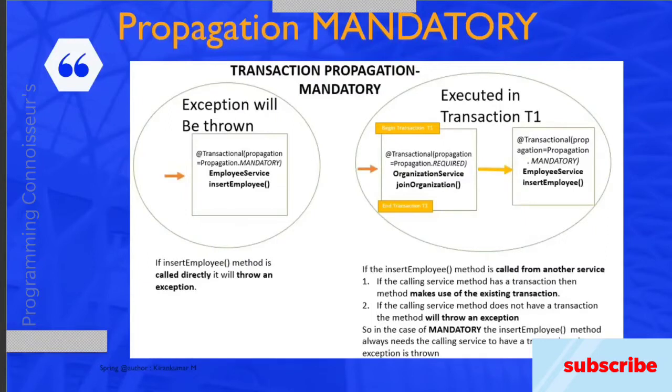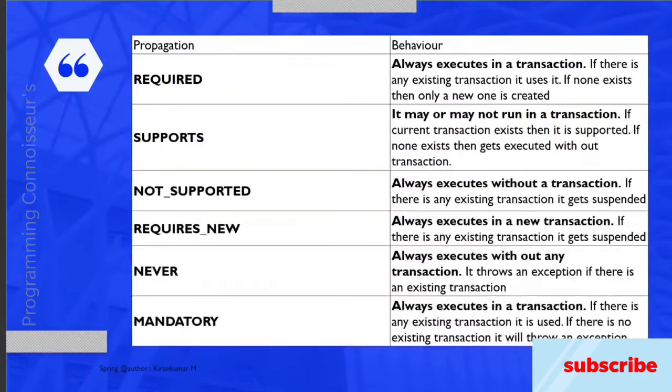You may have a number of transactions. I see that people write a transaction across a number of DAO layers, but not across a number of services. That is their problem. I have seen many code bases like that, so we need to change that behavior. We should not give multiple responsibilities to a single DAO layer. We should give multiple responsibilities to a single service layer, so that the responsibilities are given to the service layer.